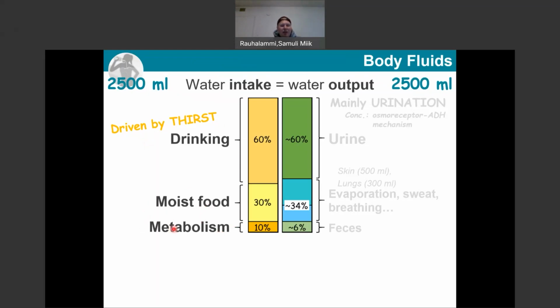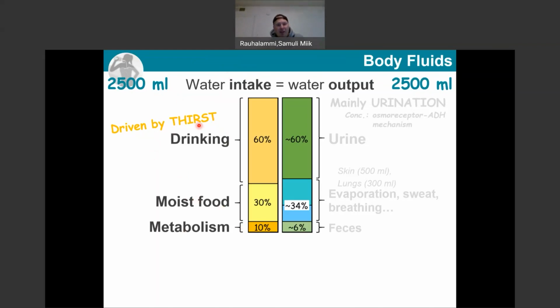You might notice rather curiously that I marked there that metabolism results in about 10% of the water intake in your body. Remember that chemical formula that I've been writing time and time again on the board when we've been talking about cellular respiration, how we take sugars and oxygen and convert that into ATP and, as a byproduct, carbon dioxide and water. This is the water that I refer to as the byproduct of metabolic processes in your body. So that contributes about 10% of the total water intake to your body, but mainly through the drinking and then